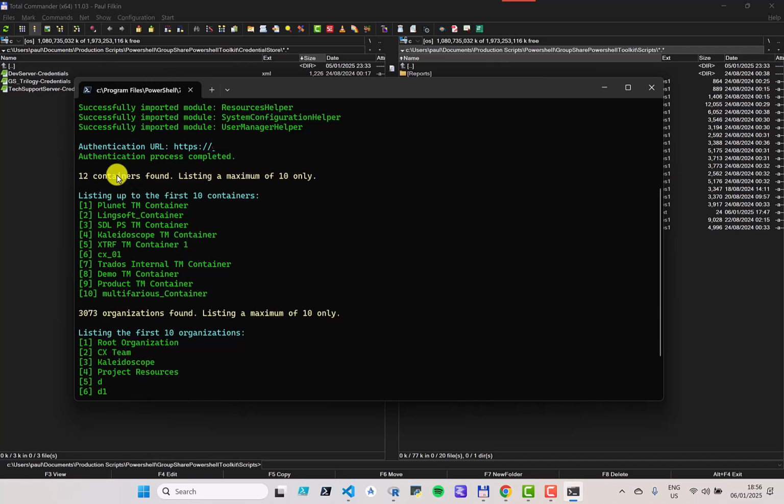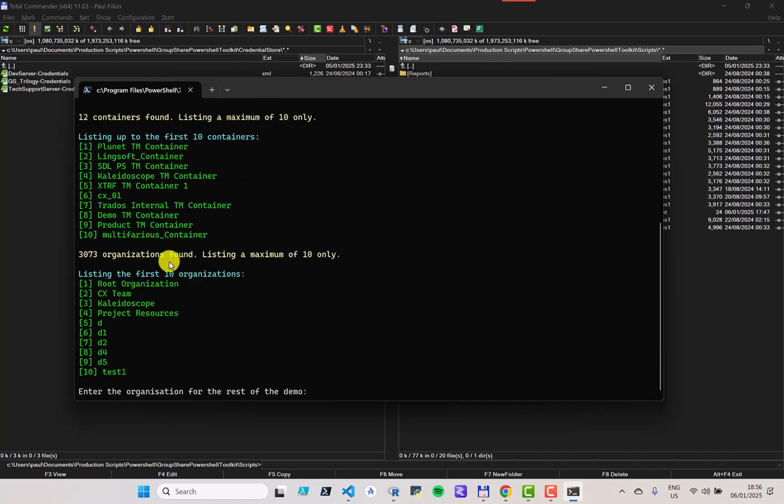And you can see by the fact that it's found all 12 containers on that server. It's just listed the first 10 because that's what I told the script to do, that the authentication process has been successful. It's found 3,000 organizations, but we've only listed a maximum of 10, otherwise we'd be here quite a